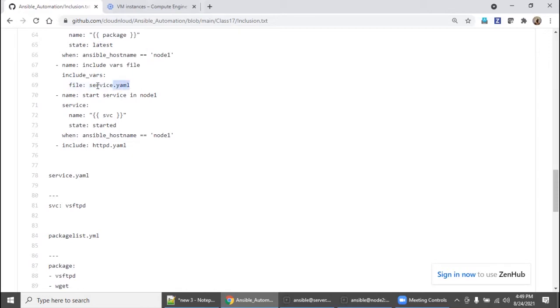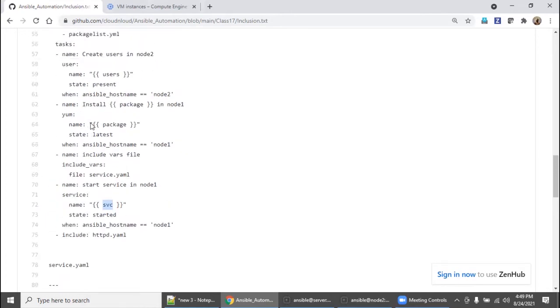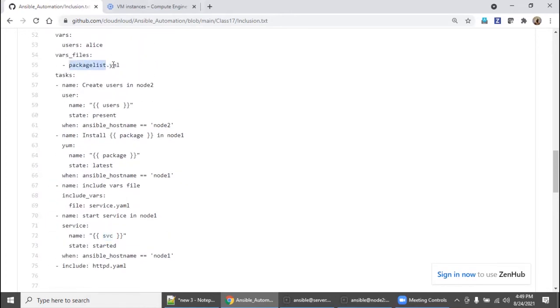So if you don't mention this play, this will give an error. Why? Because in this playbook, this variable is nowhere related, so this playbook doesn't know where to call it from. Going above, in this package list, if you declare vars underscore files, you can call this YAML file, package list.